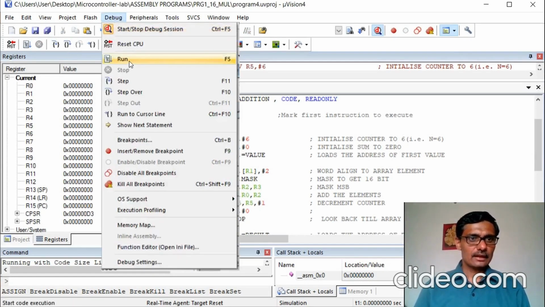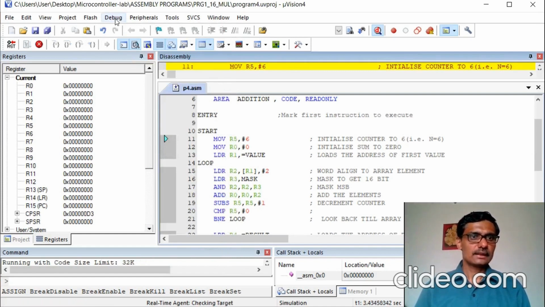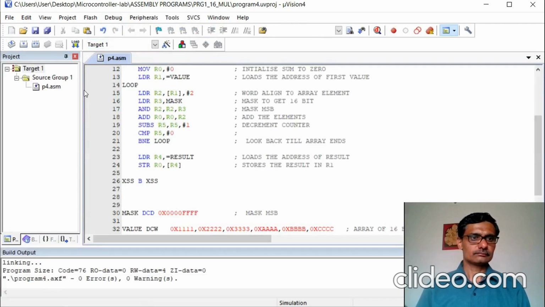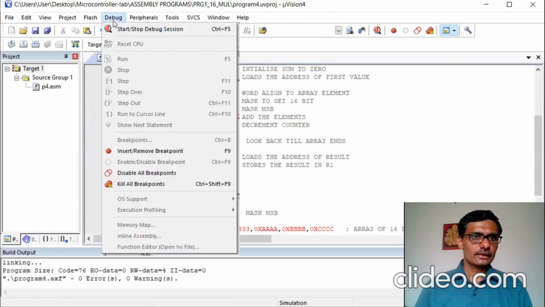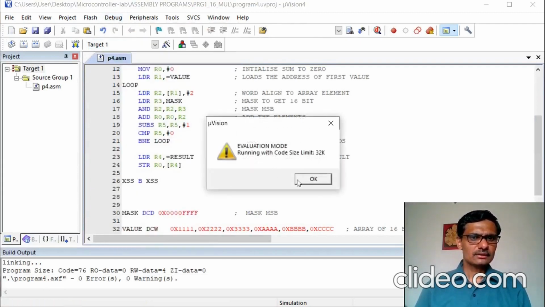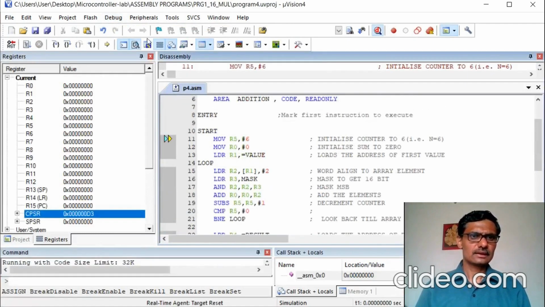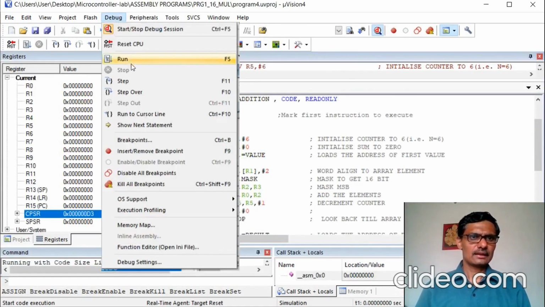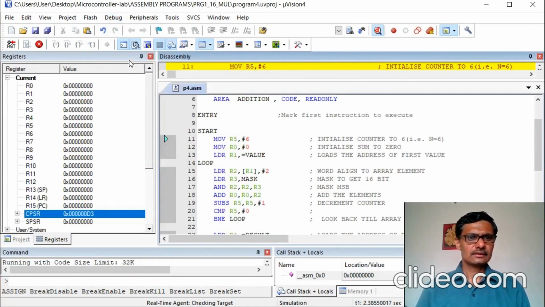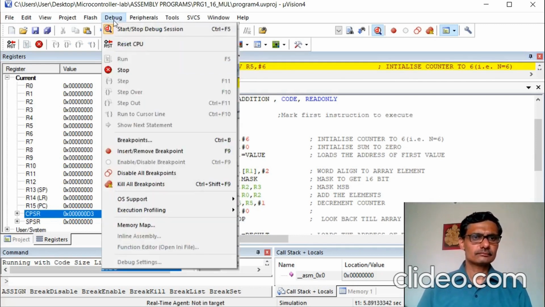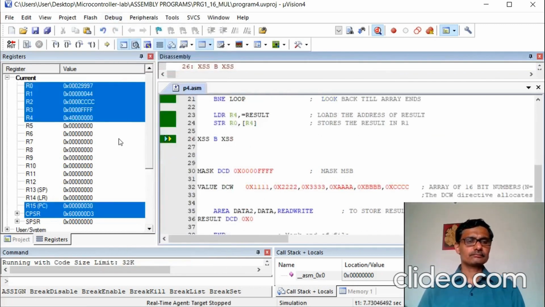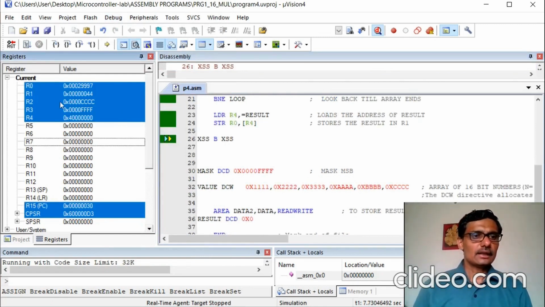Then run the program, then stop debug. Sorry, so start debug, run the program, then stop. So here the program is executed.